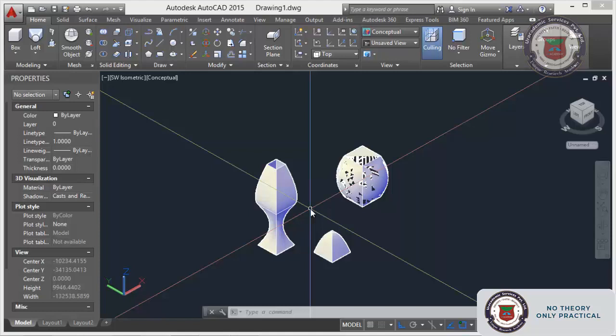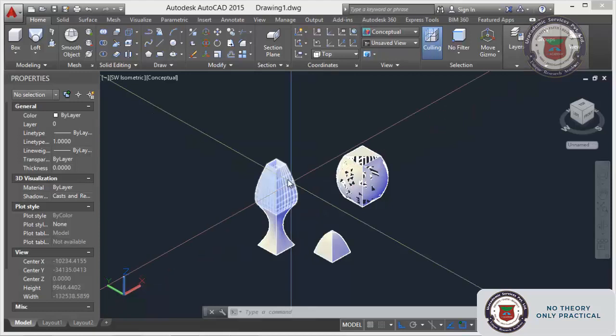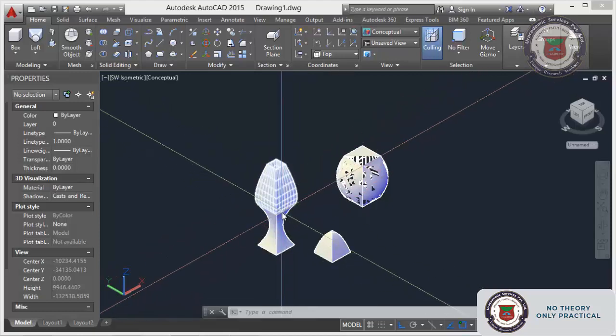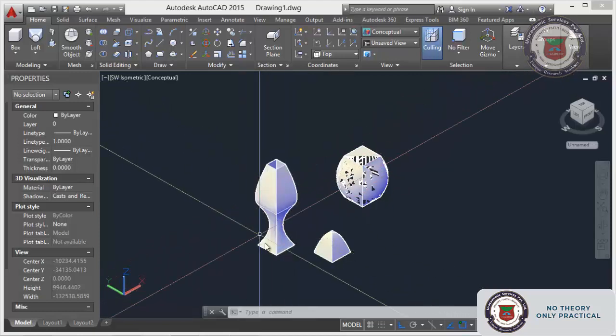Those two cross sections we are connecting. Normally loft is the connection of two cross sections. Minimum two cross sections you need. One cross section is above this one, and another one we have collected from the existing object.